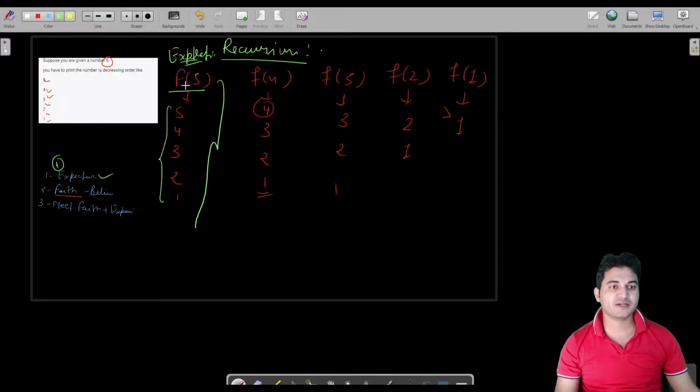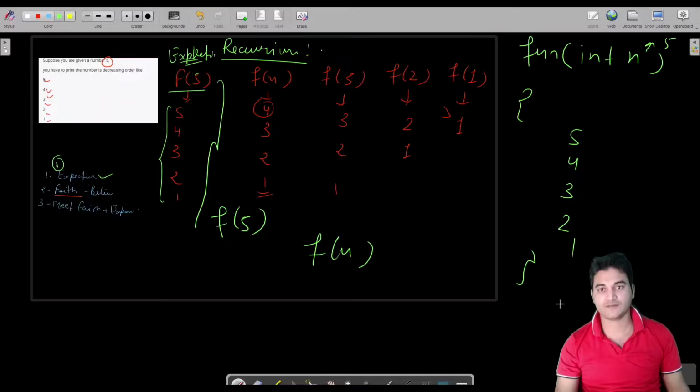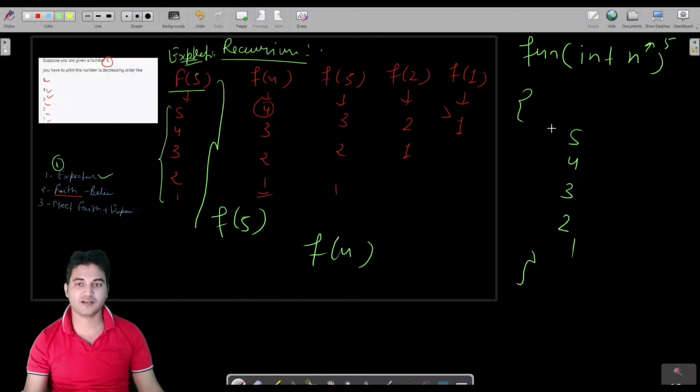If the expectation is for 5, if we have been expected to print 5, 4, 3, 2, 1, then we will have faith that if we call f of 4 from f of 5, if you are not able to get it, let us say we have provided this function int n is 5. Fine. So this is the expectation. This function should print like this: 5, 4, 3, 2, 1. If you are not able to see this, then this would get you understand. So this is the expectation.